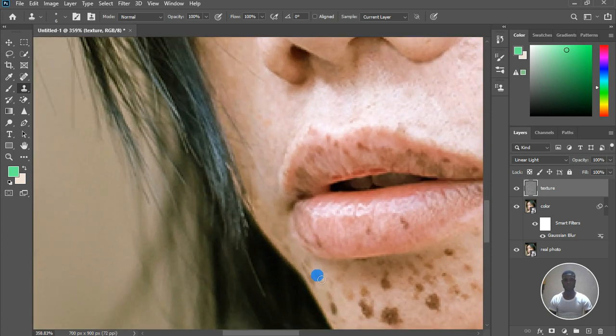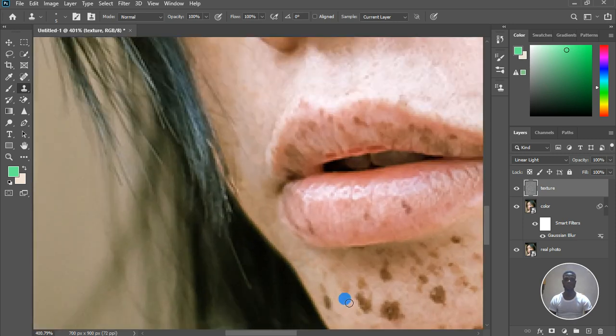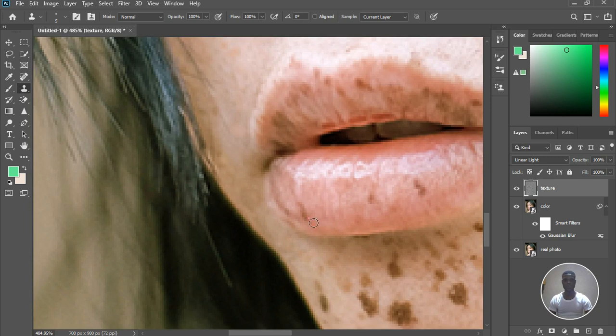Now this is a delicate place, so small, so you have to make the brush very small so you won't start making mistakes. And here also,